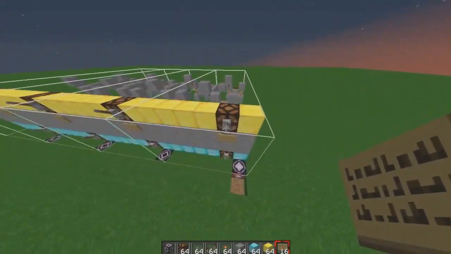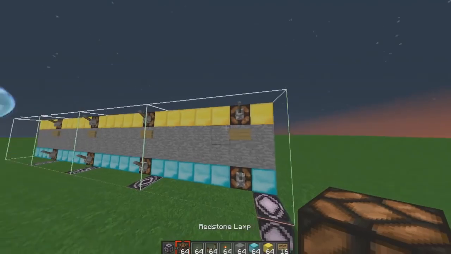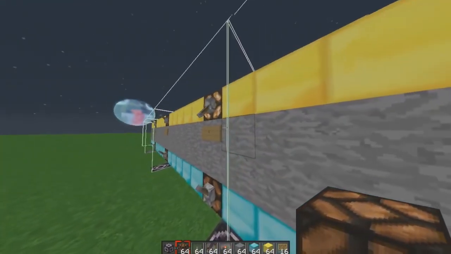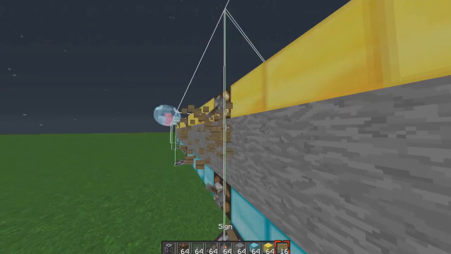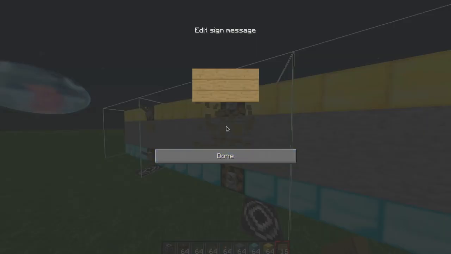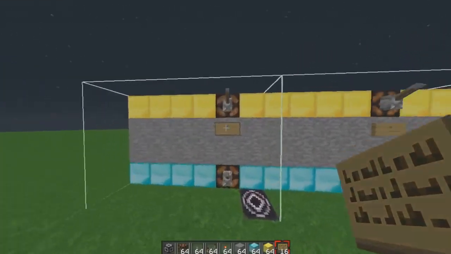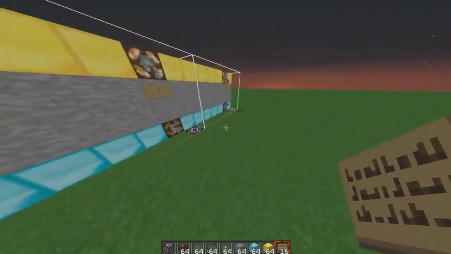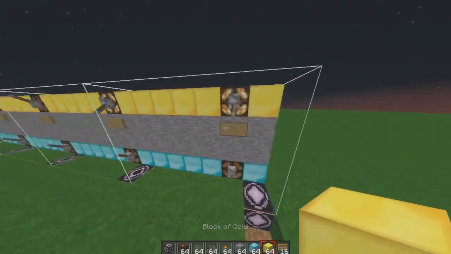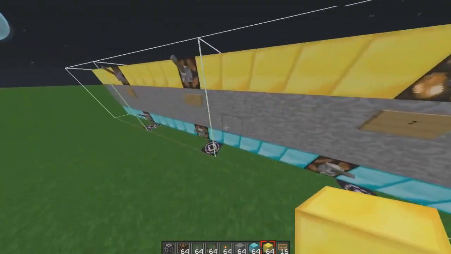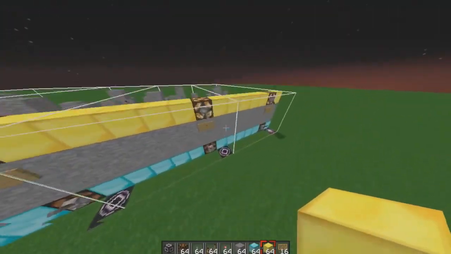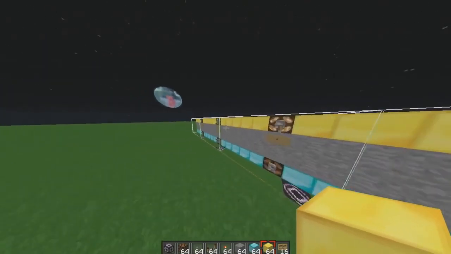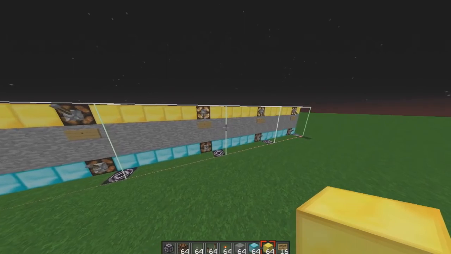So Orion, why don't we do 7 plus 6? Put in 7 on the gold and 6 on the diamond. So this is 7 because, sorry, copy signs over too. So this is 2, this is 4, and this is 8. Binary doubles every time, and it goes all the way up to infinity, but that's how it works. All right, so put in 7 on the top. 1 plus 2 is 3, plus 4 is 7. So now this is 7, and 7 plus, someone give me a number between 1 and 15.